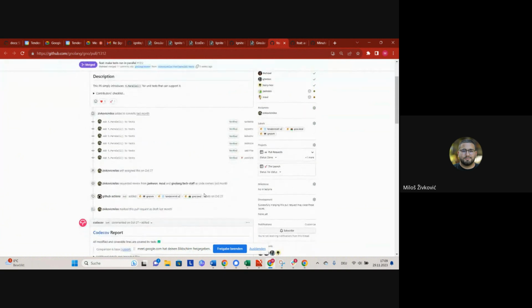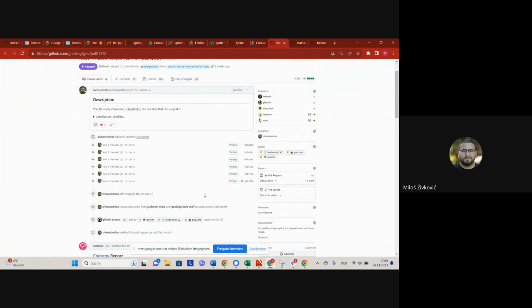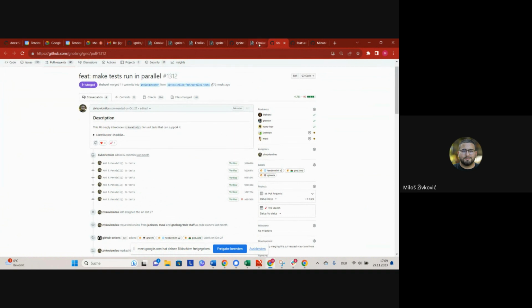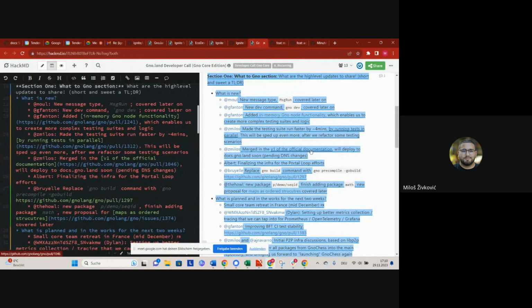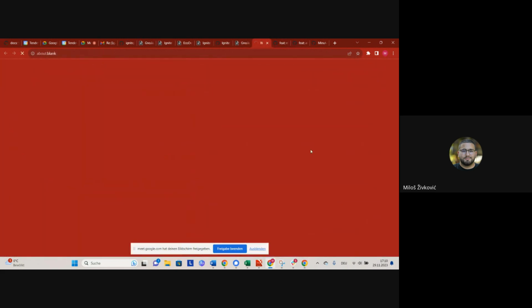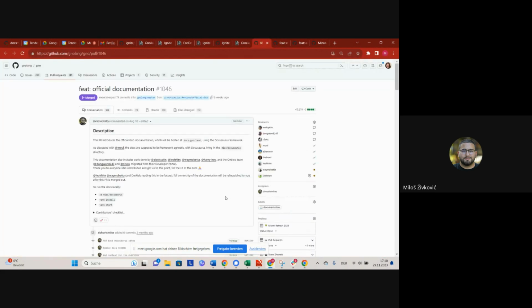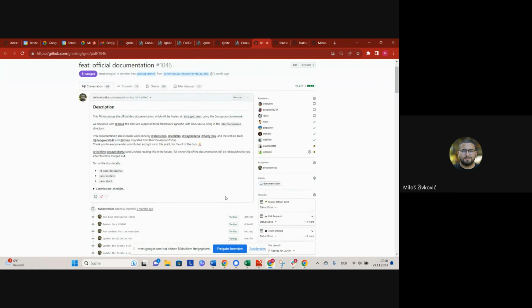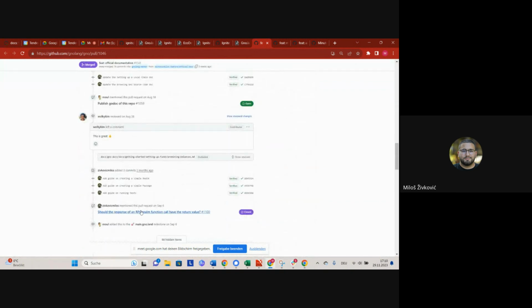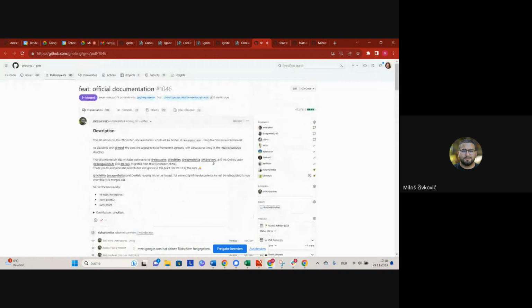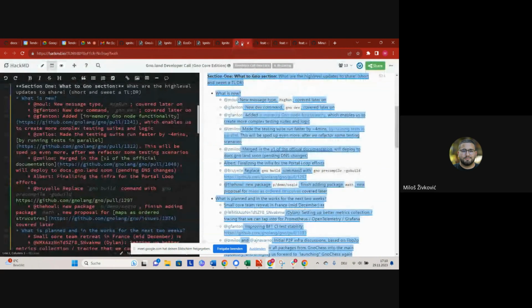We merged in version 1 of the official documentation. These docs are going to deploy to docs.gno.land. They're just pending some DNS changes before they go live, but they're live on the repo. You can actually look through them. I think we have a temporary deployment somewhere that's not public, but if you want to go through the docs, you can do so by pulling the repo, going into misc, docusaurus, and just running the docusaurus start command. This is going to serve the docs locally for you.